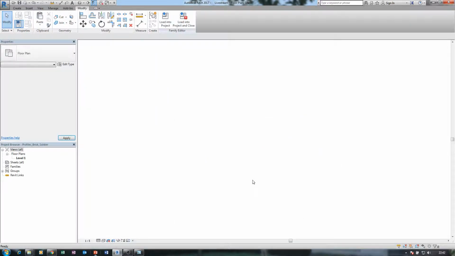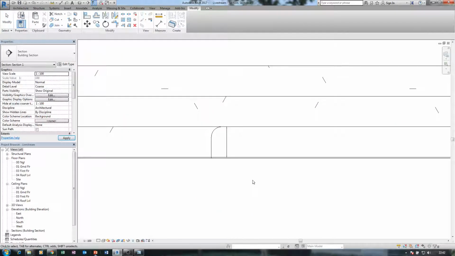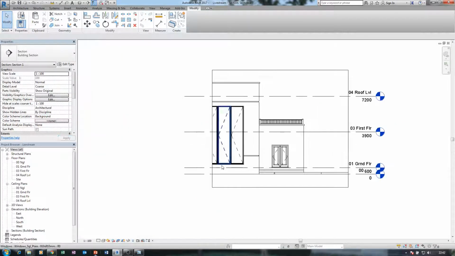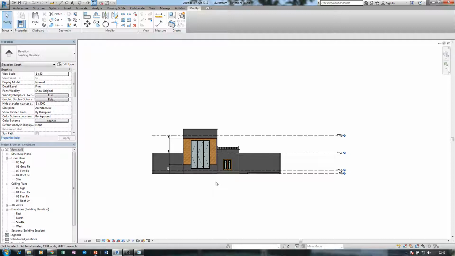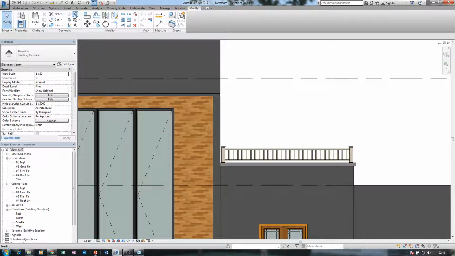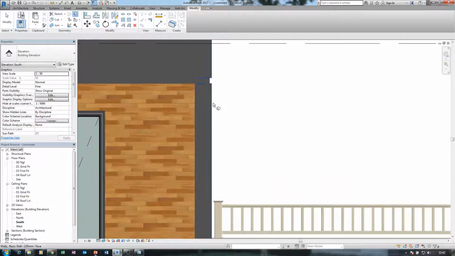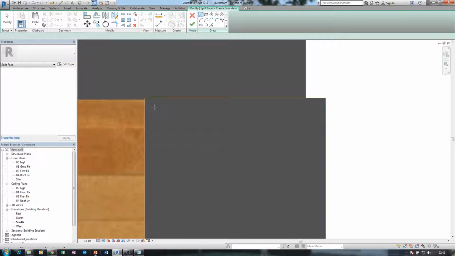So pressing Ctrl Tab, okay, actually going to do this as well.